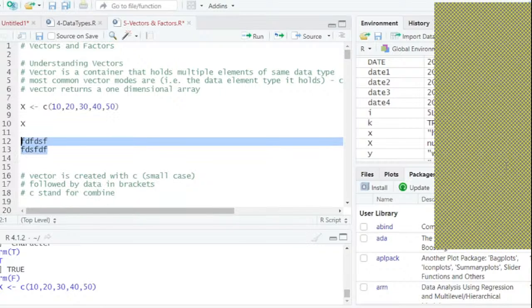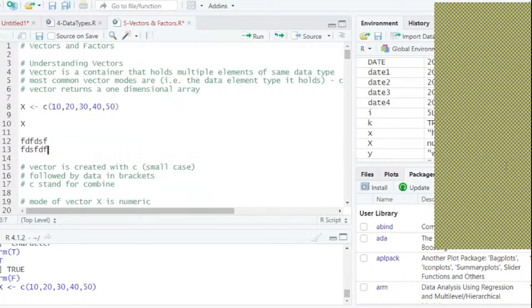I select both of them and do Control C. I think it should work. No, it's not working. Sorry, Control Shift and C. No, it does not work. For multi-line,